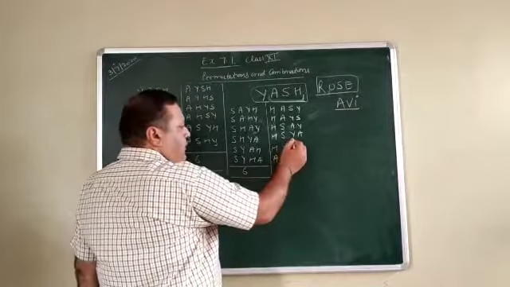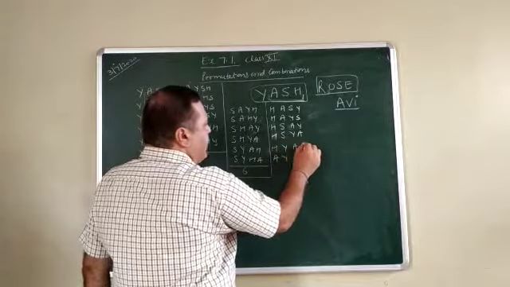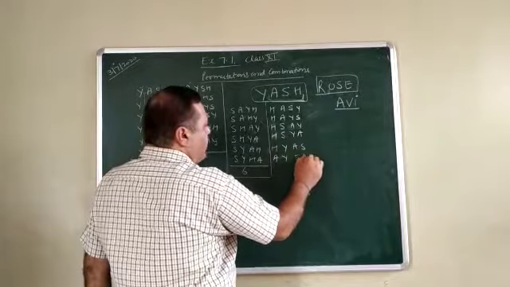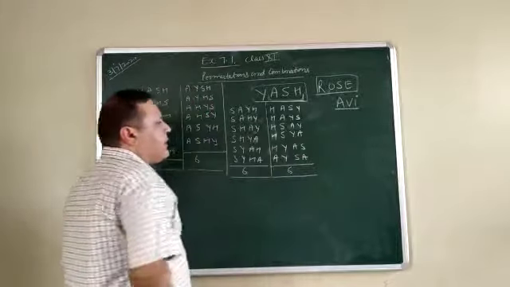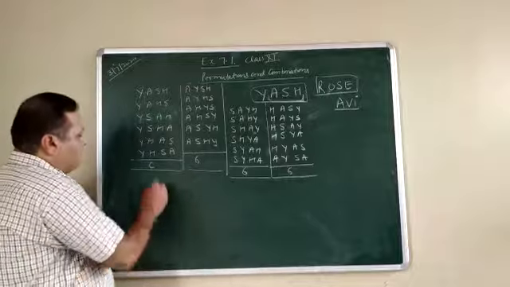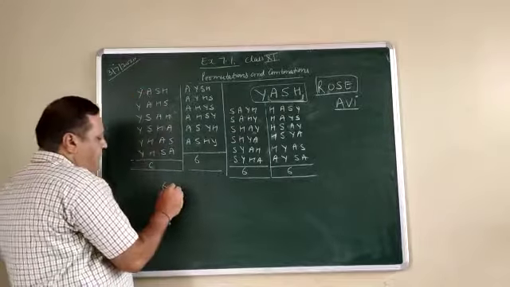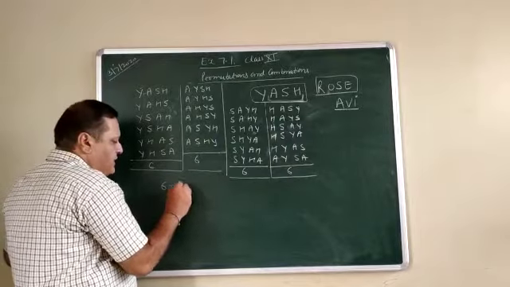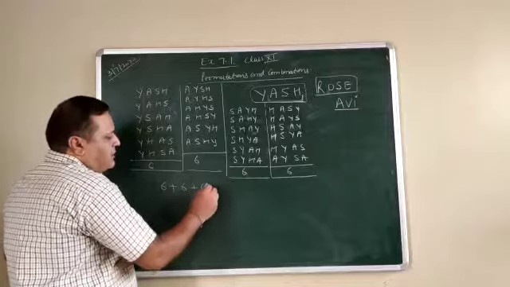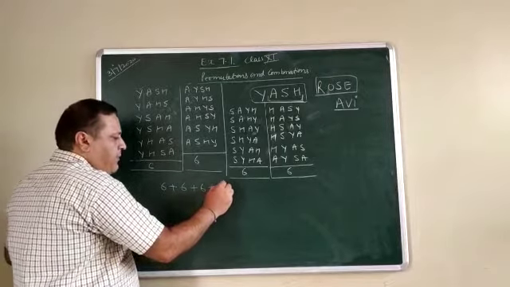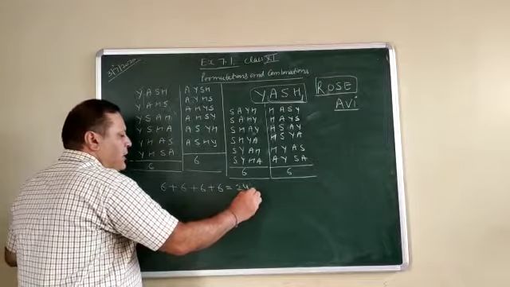Now arrange this one, HY, HY, it is AS, it is SA. Again we see there are 6 different words. If you observe, 6 words will be obtained by fixing the first letter, 6 words by fixing the second letter, 6 words by fixing the third letter, 6 words by fixing the fourth letter. So total words are 24.